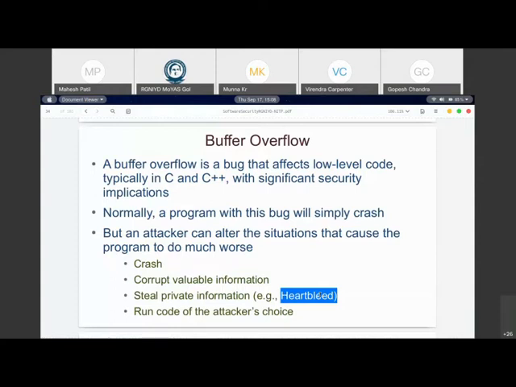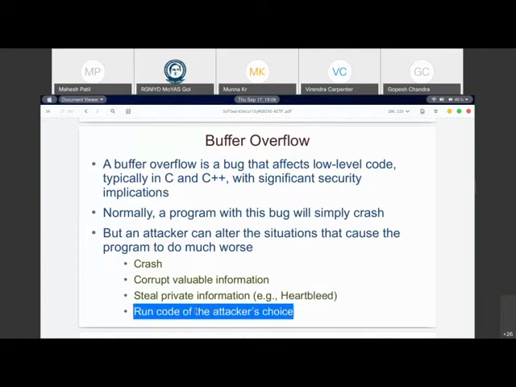Regularly it was sending heartbeat information, and in that heartbeat information it used to send how much data you want to read. So if I say 5, it would give 5, but if I say 10, 20, it still used to go beyond the buffer size and read that additional information.